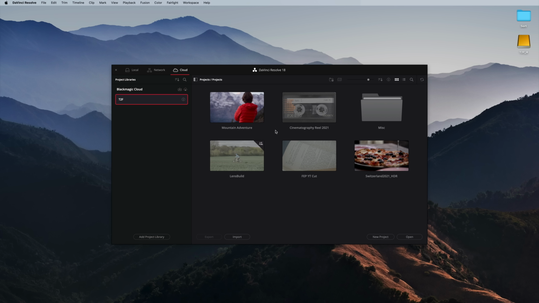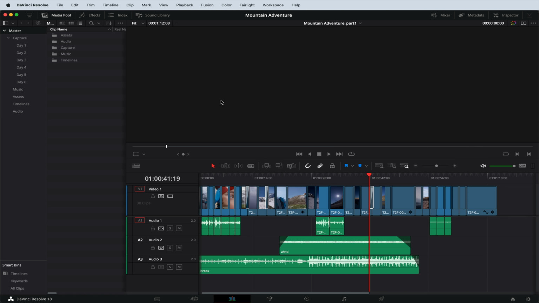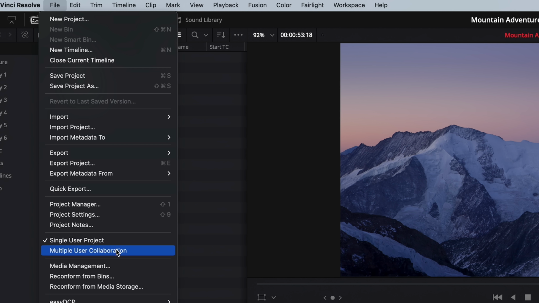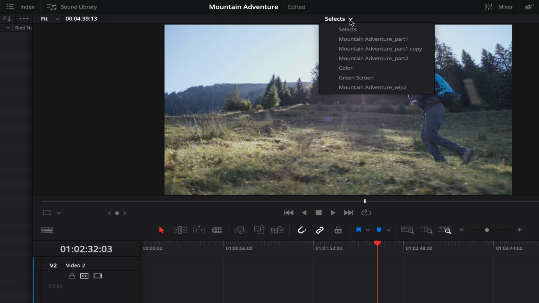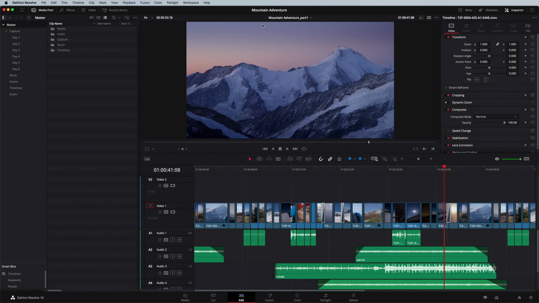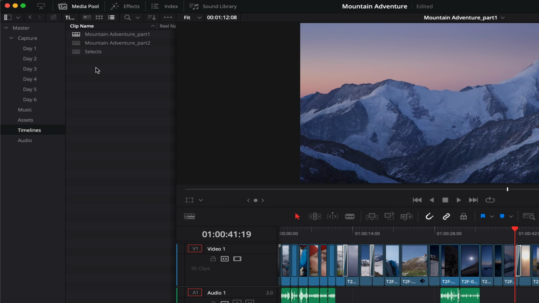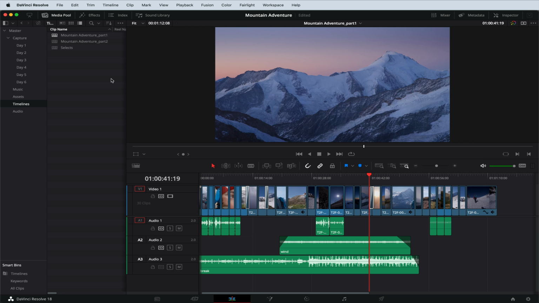In DaVinci Resolve 18.1, collaborating with other people using Blackmagic Cloud has some great new improvements. Previously, multi-user collaboration in DaVinci Resolve was done on the whole bin, so it would lock all the timelines in the bin. This was quite inflexible because it affected all the timelines even if you only wanted to lock a single timeline. Now, the new timeline locking operation locks only the timeline you're working on. This is great because different editors can now work on different timelines even when they're neatly stored in the same bin. There is no need to store timelines in separate bins for multi-user access, so you now have the freedom to arrange your project any way you want.